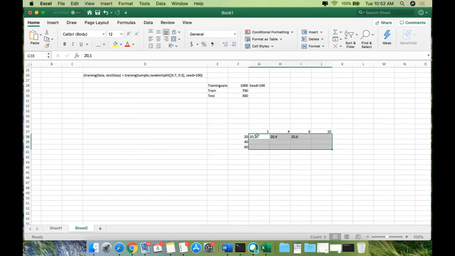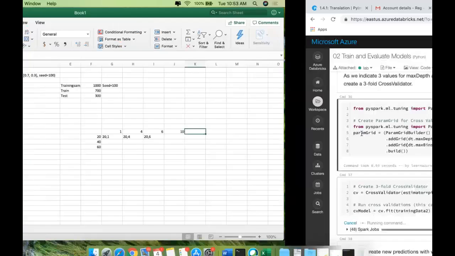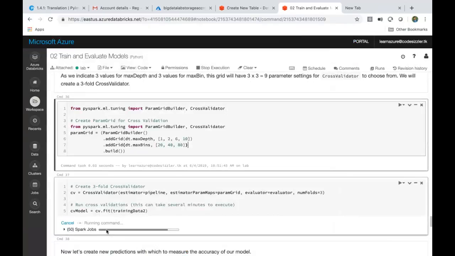So it'll do around 1, 2, 3, 4, and it will go for 12 iterations now, and gives you the best model out of those 12 iterations. You can even have many more, but again, it will take a longer time to create a model. That's why it is taking longer here.